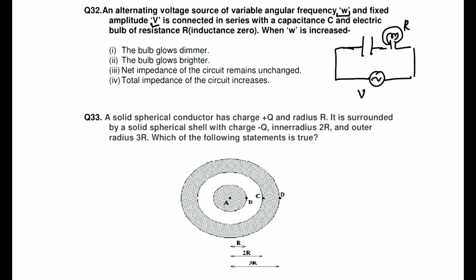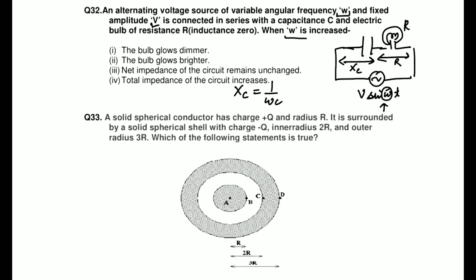Okay, so this AC source can be written as V sine omega t. Now this omega can be increased, that is the thing. So you can increase the value of omega. Now you can see the capacitor has some value of Xc, and this is your resistance R, right? So capacitance has a capacitive reactance of Xc, and we know Xc can be written as 1 upon omega C, right?